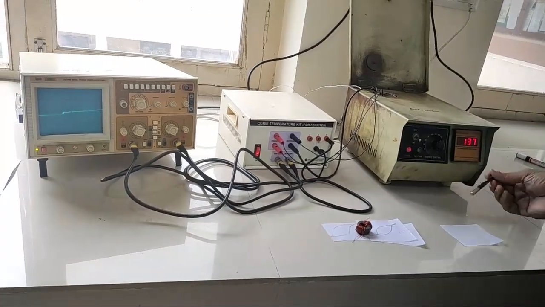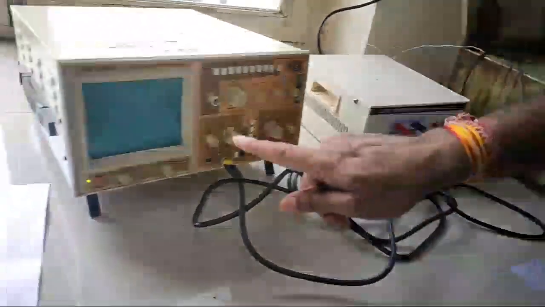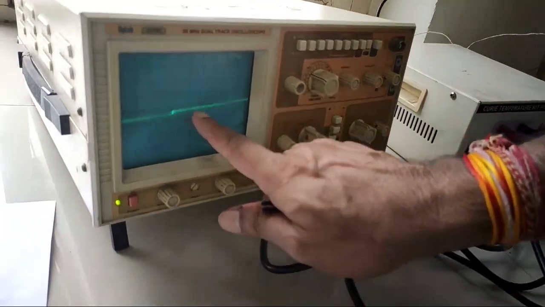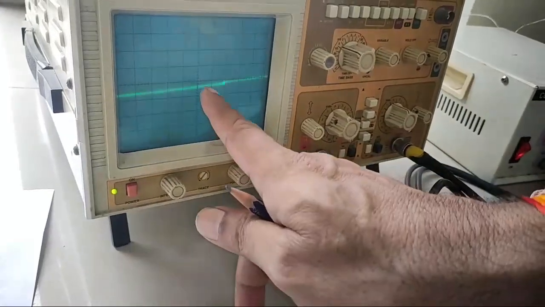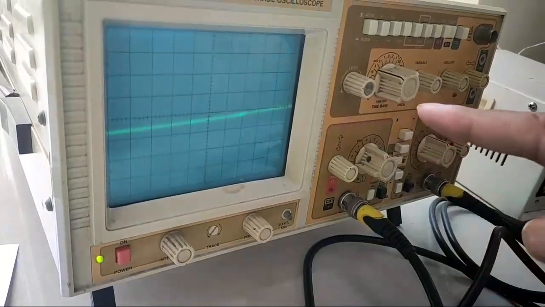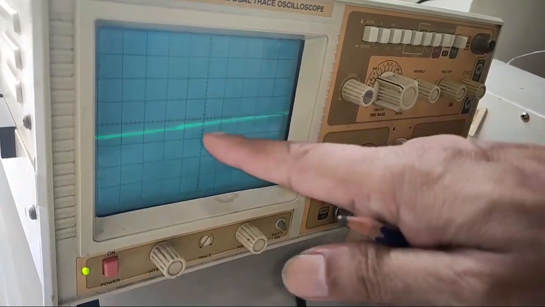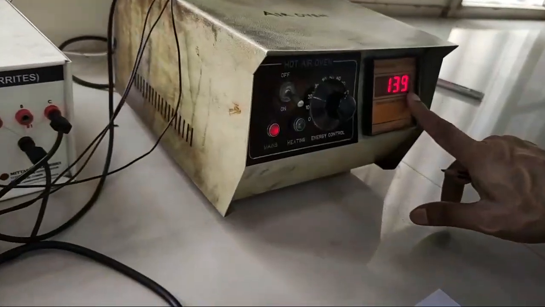You see, now temperature has reached 137 degrees centigrade, and this is flattening. See, it is now completely lost. Look here, the temperature is 139 degrees centigrade.